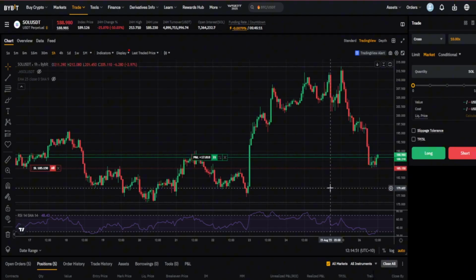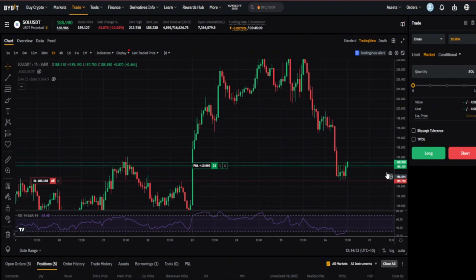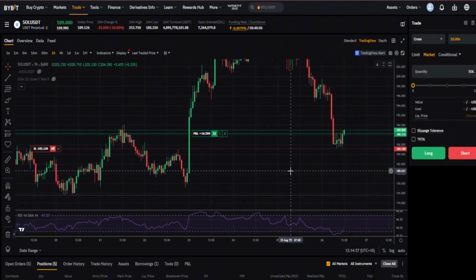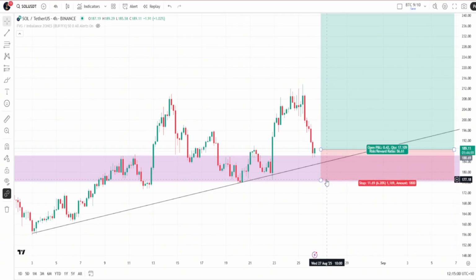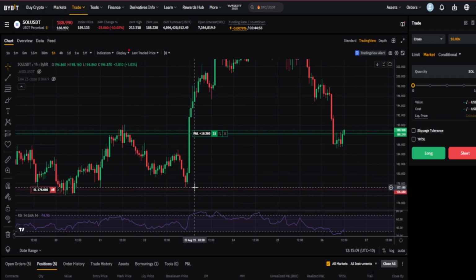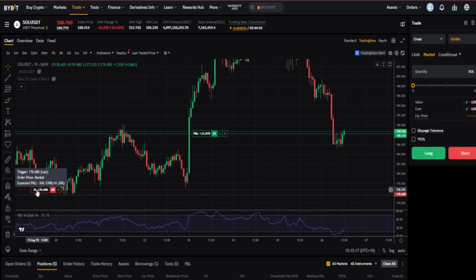Moving over to our trading platform here, you can see that we are already in the Solana trade. We did enter about an hour or two ago. And right now we will adjust our stop losses here, how much we're willing to risk based on what we've just charted out here. And you can see that the lows at about $177 is where I think the stop loss should be, which is just a sweep of this low. And I don't think at any point price should get down there, especially if Bitcoin holds at 109 here. So you can see that's about a $242 risk,